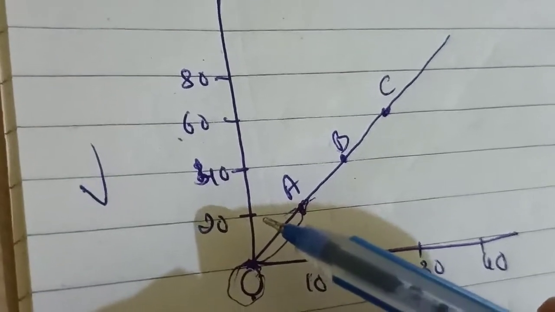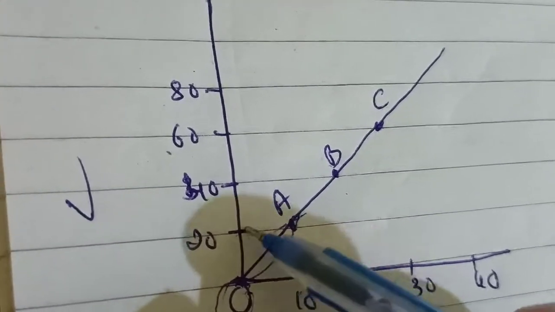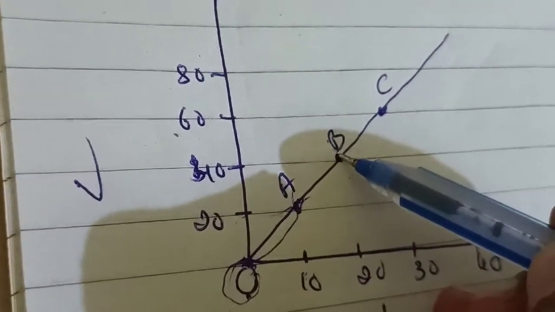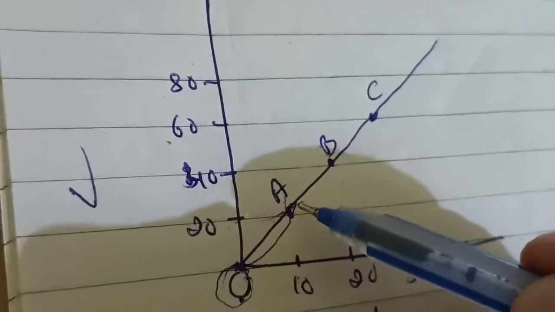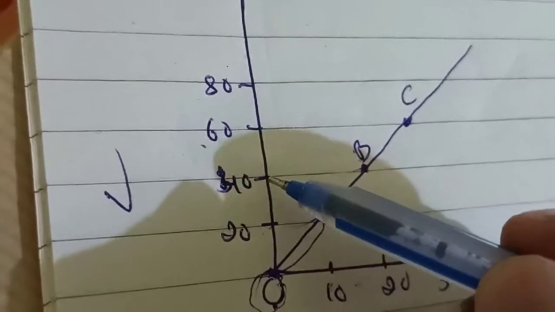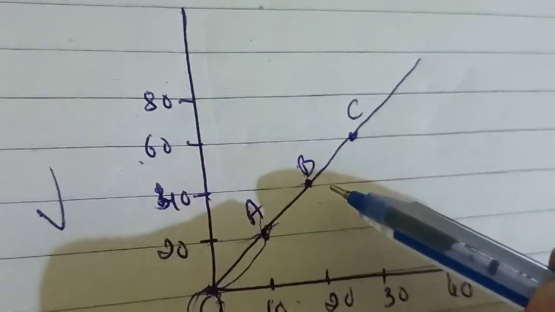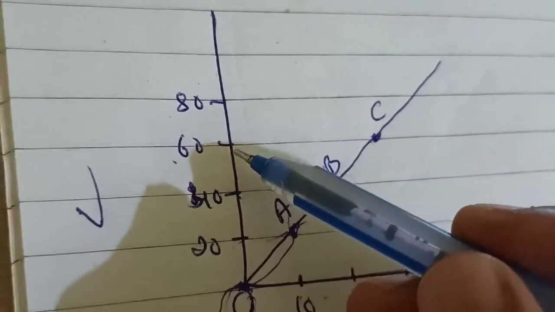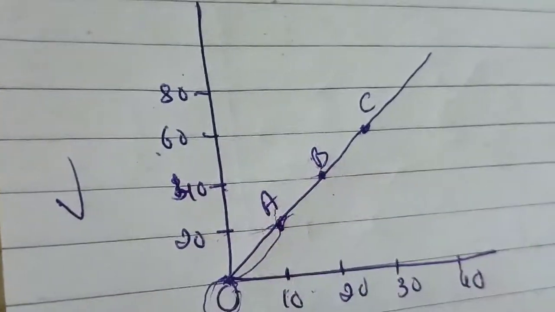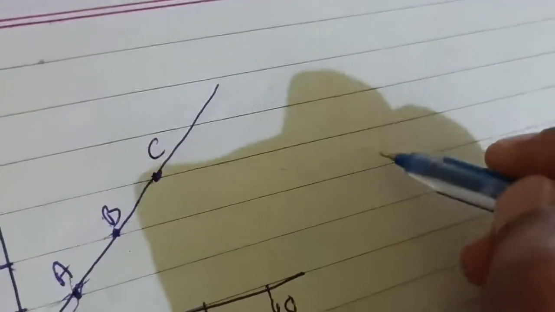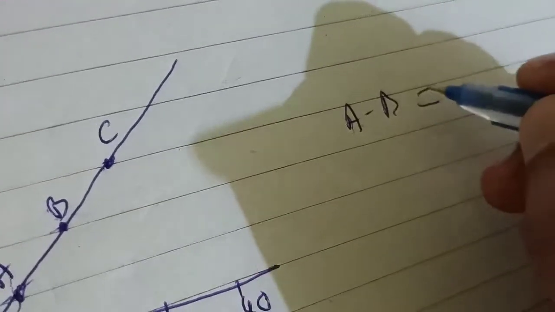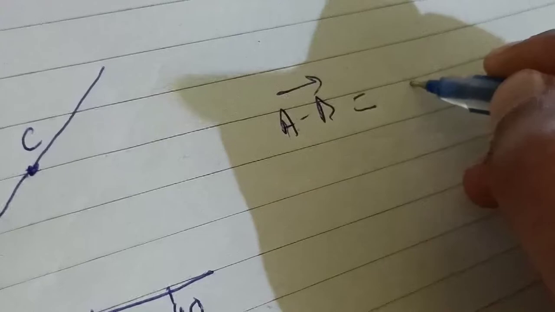20 meter per second. Now if you see, from point A to point B, the car moves, and even the time is 10 seconds, isn't it? It covers within 10 seconds. And what is the velocity? 40 meter per second. Same as from B to C, velocity 60 meter per second, and it covers the time within 10 seconds. So if you find out the change in velocity from A to B, what is the change in velocity?